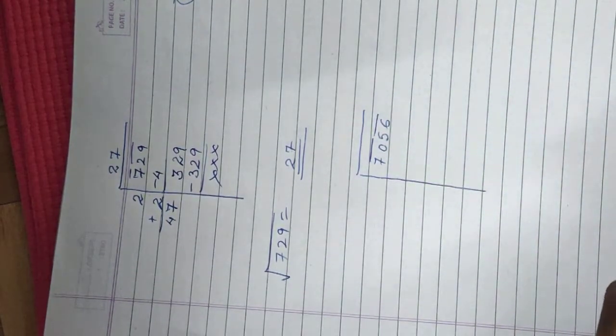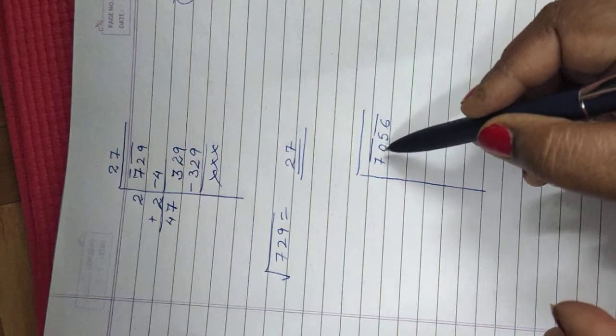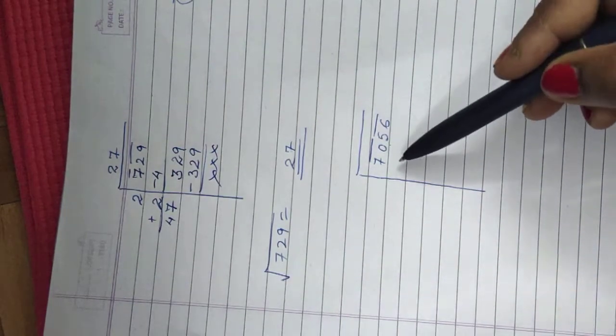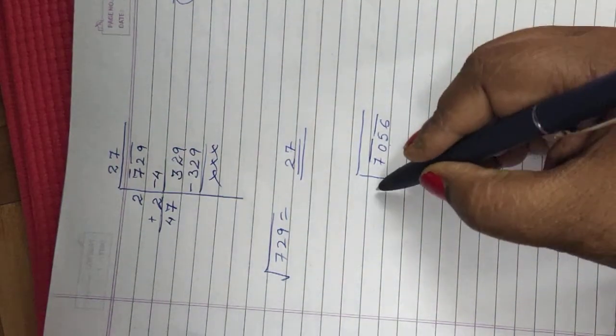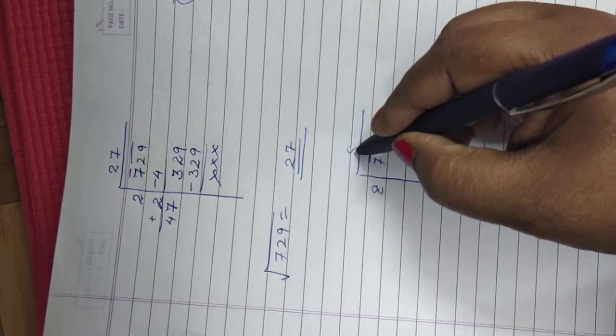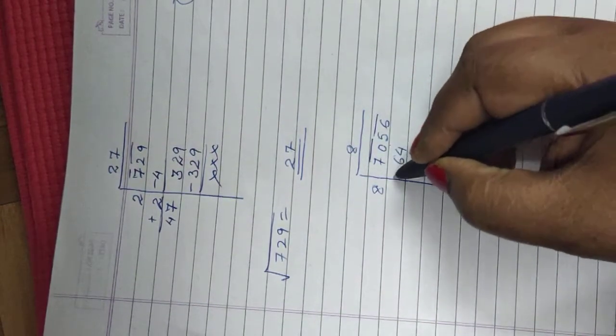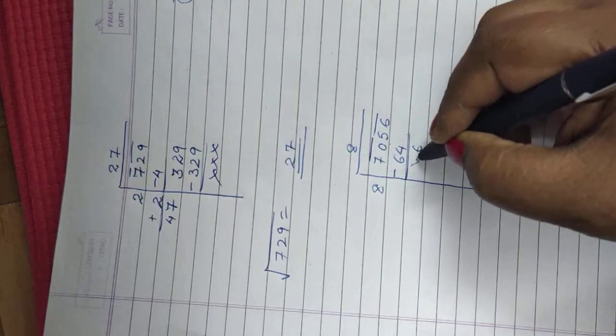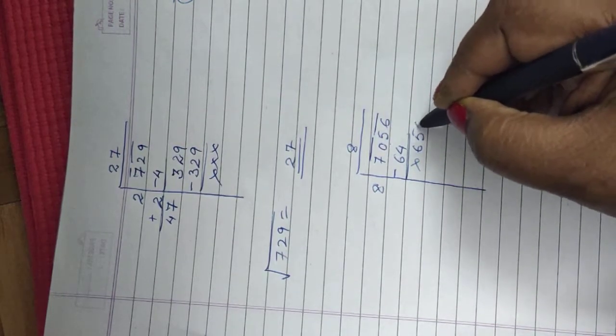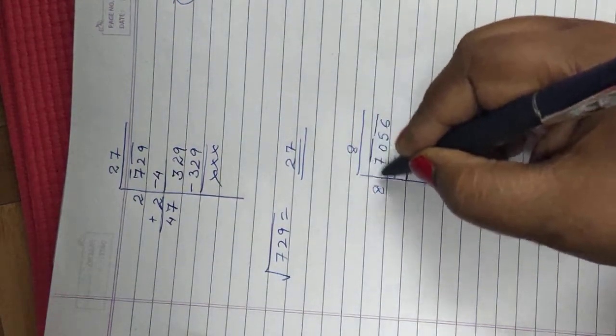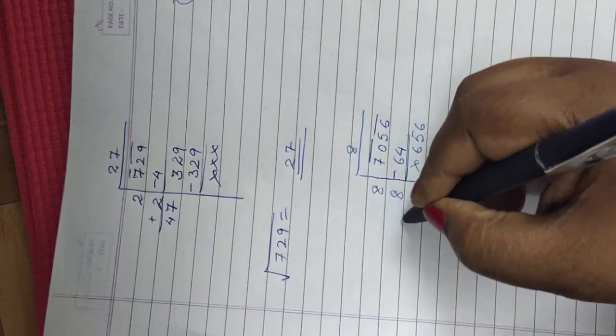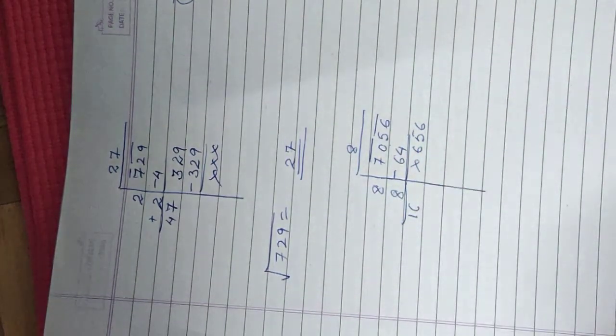Now the square numbers we will see. That is why I told you to learn the square numbers till 30. Now 8 8s are 64, 9 9s are 81. So we will write down here 8. 8 8s are 64. Now we will bring down the pair of digits all the time. Now whatever number we multiplied, we will add it. Now it is coming 16.